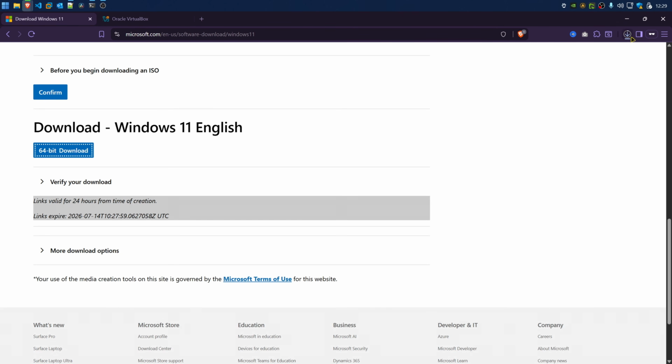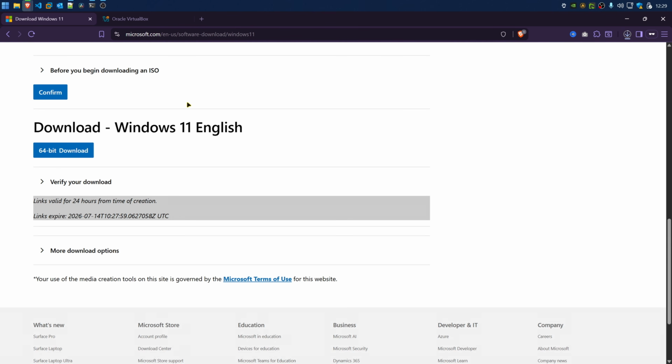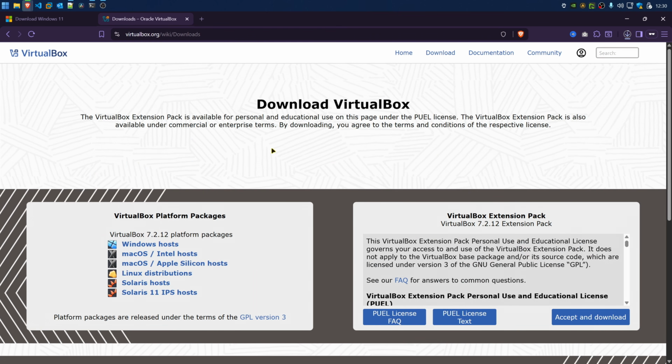It's a big download, so let it finish completely. A half downloaded ISO is exactly why some people can't open the file in VirtualBox later on. While that's busy downloading in the background, we can go over to the VirtualBox downloads page and click on the download button. And then on the downloads page here, we need to select our host.